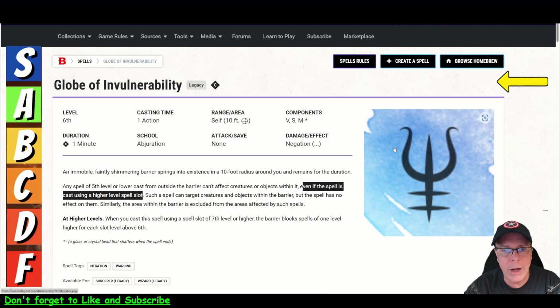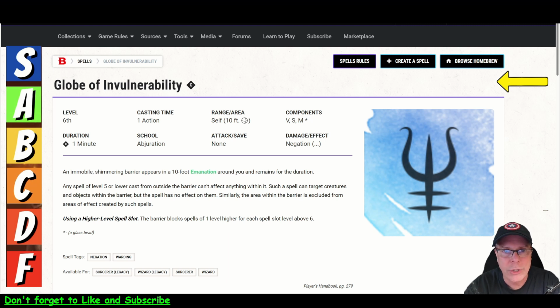And then you can upcast this spell, and when you do, then you block spells of 1 level higher. So if you cast this at 7th level, you block 6th level spells. And again, even if the spell is cast using a higher spell slot. That was the Legacy version. Let's take a look at the